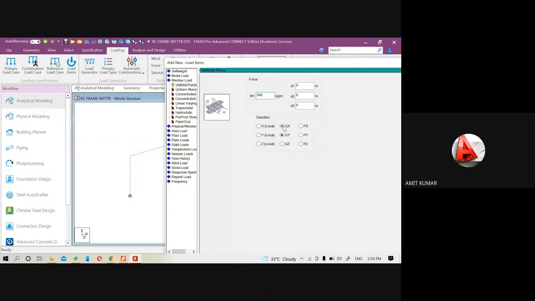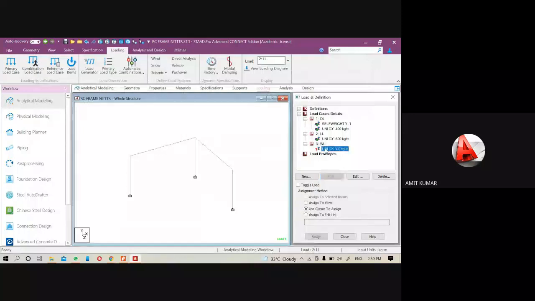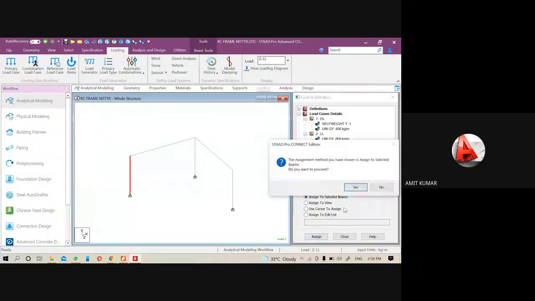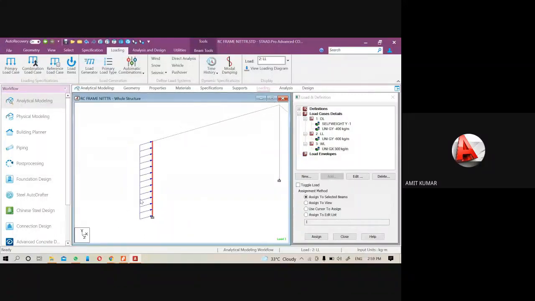That's why we select the GX here and click on the add, and this will be assigned on the beam number 1. Assign it to the selected beam. Click on the assign. So you can see the wind direction will be from positive x. If I use the value minus 300, then the direction will be reversed, which means the wind will be from positive to negative x axis.